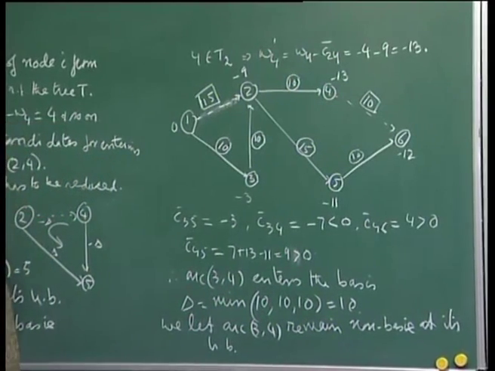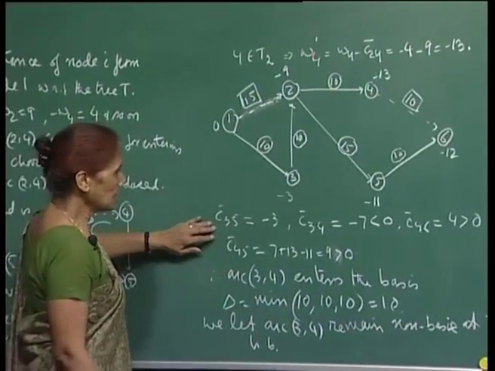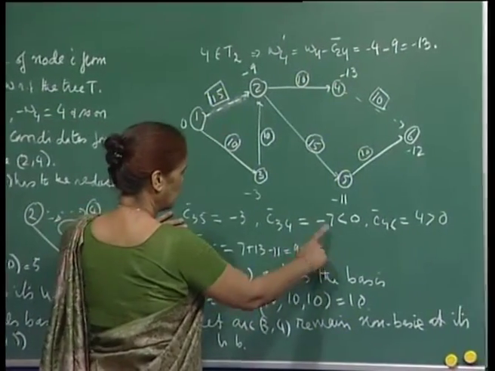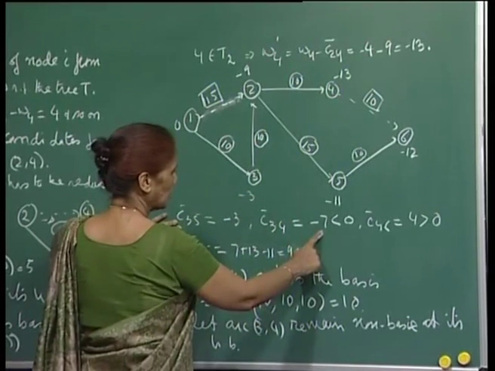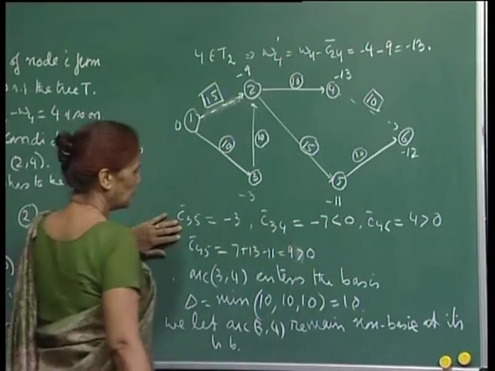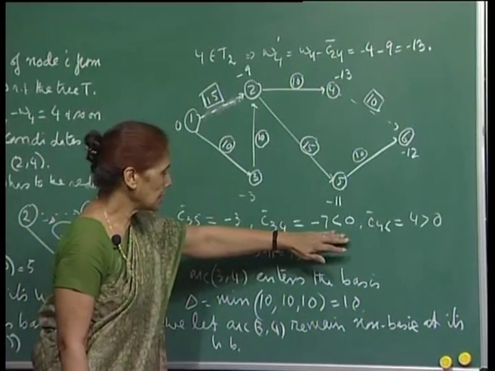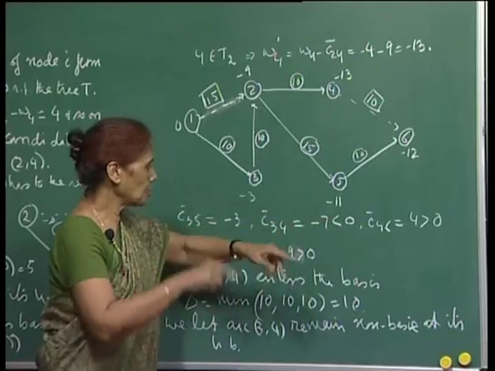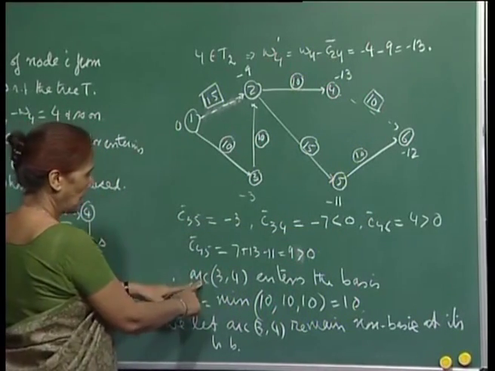So, now I recompute my dual relative prices, and here you see that 3 4 is a non-basic variable, the value is minus 7, C bar 3 4. So, this is a candidate for coming into the basis, and again we are using the most negative, I mean largest absolute value. So, this is minus 7. So, therefore, arc 3 4